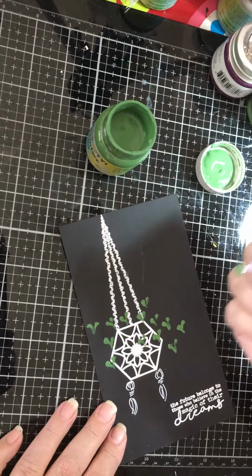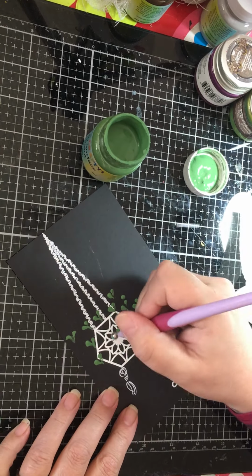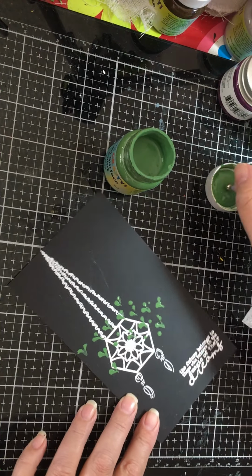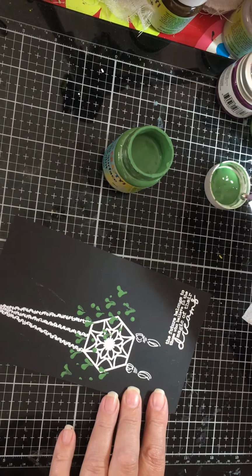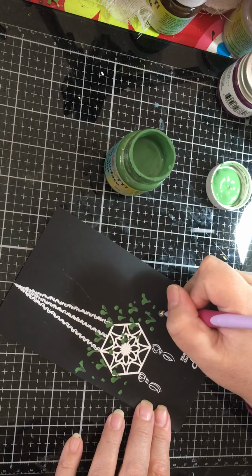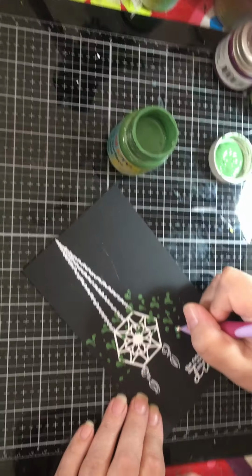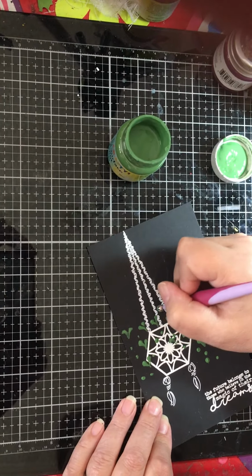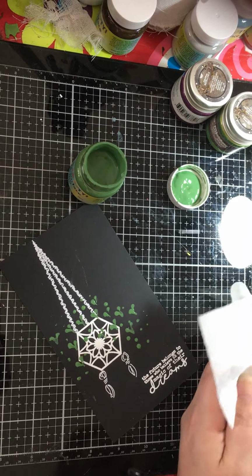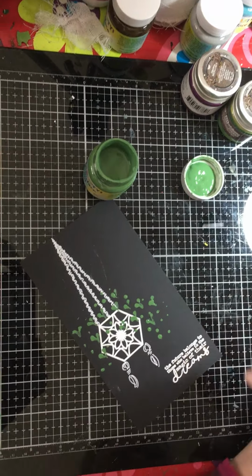Now another thing I'm going to do here is with the same paint, I'm just going to do some dots with the same ball tool. I'm just going to do some dots around. And then I'm going to take a slightly, I've got a